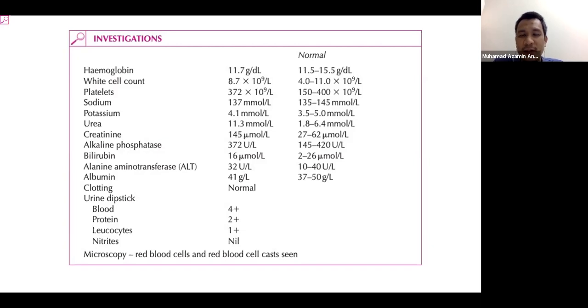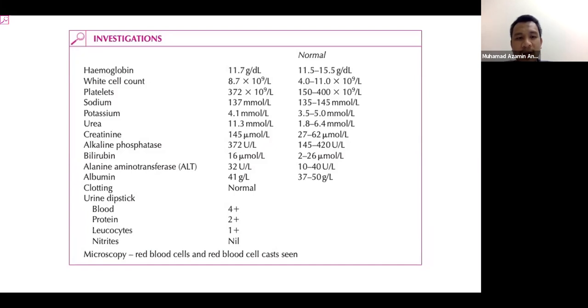So obviously, if the child got ITP, then you expect the platelet levels will be on the low side, most likely less than 100. And sometimes ITP can come with just hematuria. Okay, so platelet is normal. The sodium potassium is normal as well. It's just the urea and creatinine that are on the higher side. So this patient, Farah ke Fiona ke ni, you can say that the child has acute kidney injury. The reason you put acute kidney injury is because you don't know the previous blood result for this child.